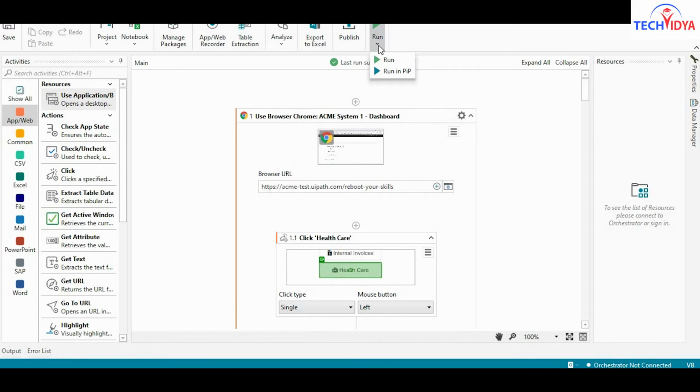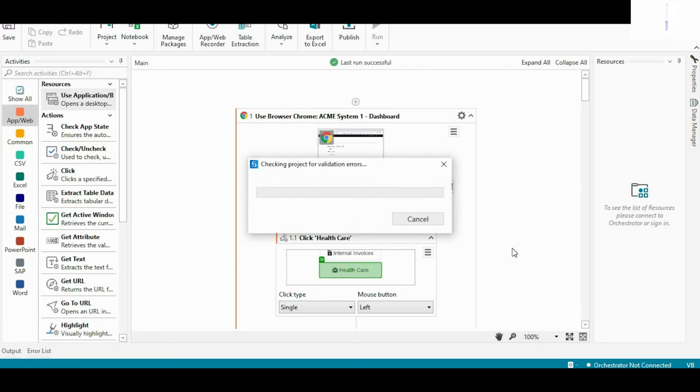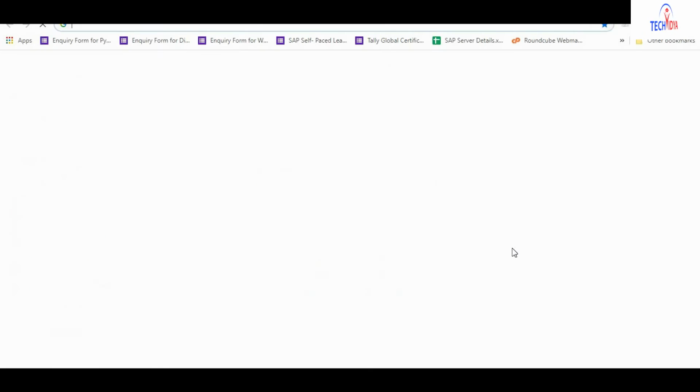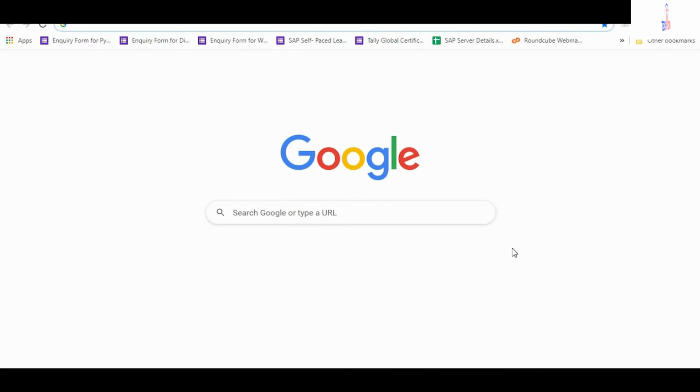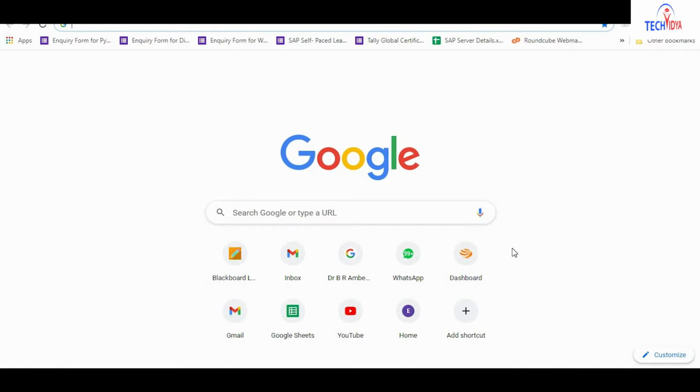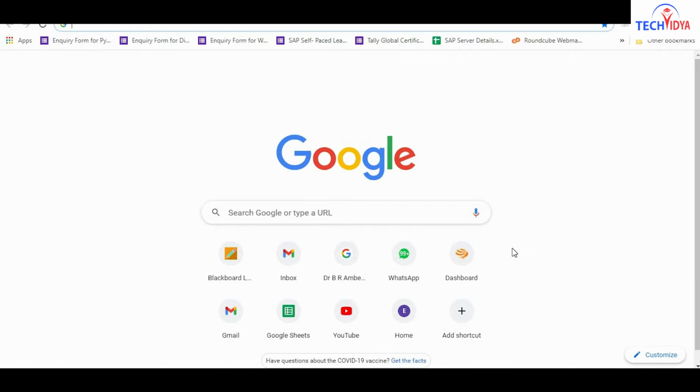I have already made a robotic program for that, and I press the run button. Now let's see the whole process. It's 3:55 p.m., so we'll check how much time it takes.